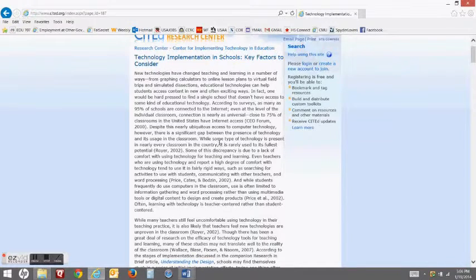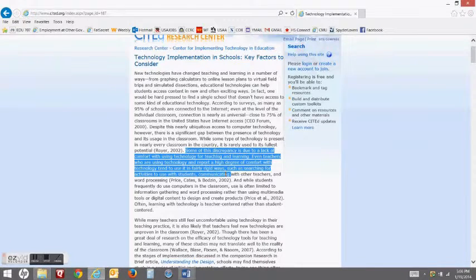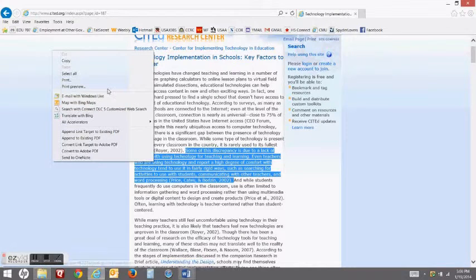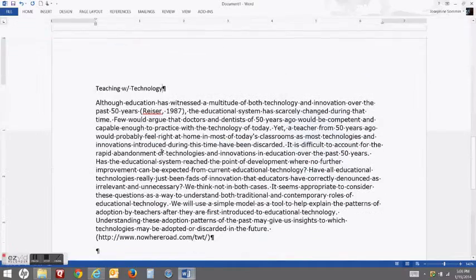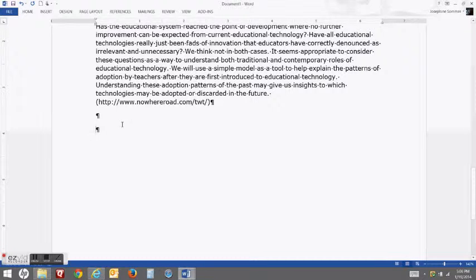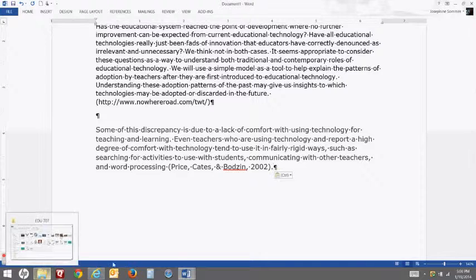I think that's important. So I'll go ahead and highlight that one and copy, and go down here and paste that.